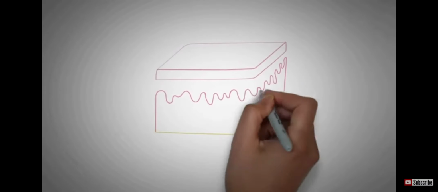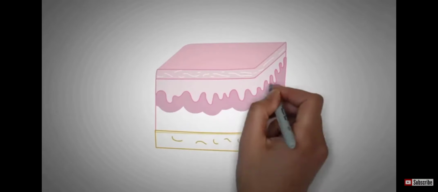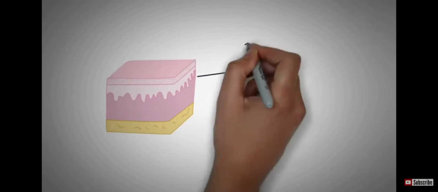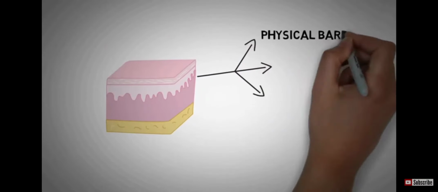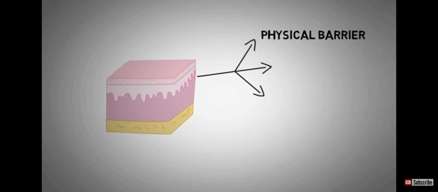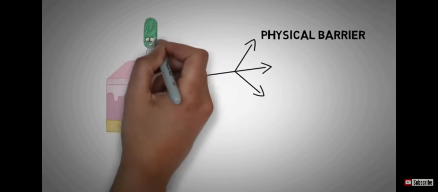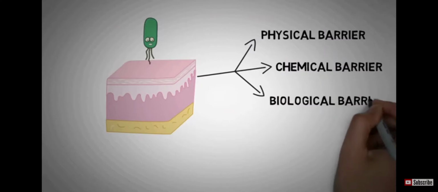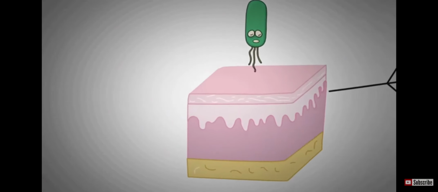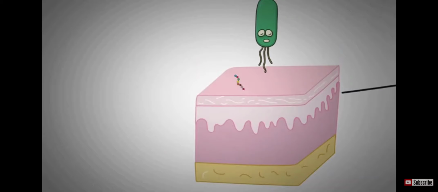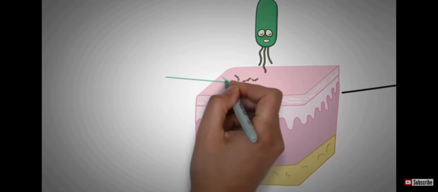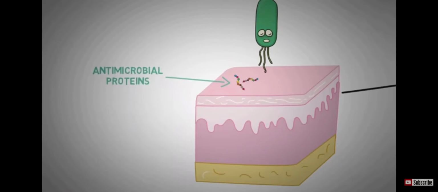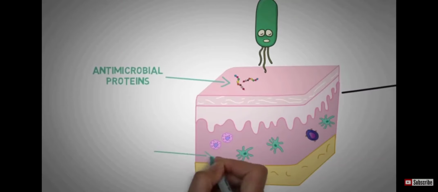Skin is considered as the largest organ of human body, with an average surface area of 1.73 meters square. In simple terms, physical barriers prevent pathogens such as bacteria and viruses from entering the organism. The skin not only provides a physical barrier that prevents any pathogens from entering our body, but it also provides protection by means of chemical and biological barriers. Skin cells produce and secrete important antimicrobial proteins that kill the invading microorganisms. The skin also contains immune cells that help to stop the microbes from invading our body.